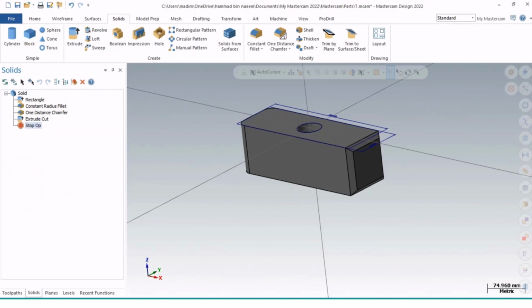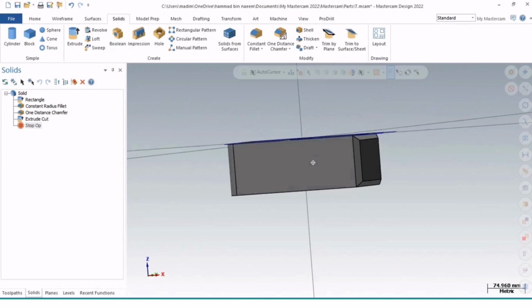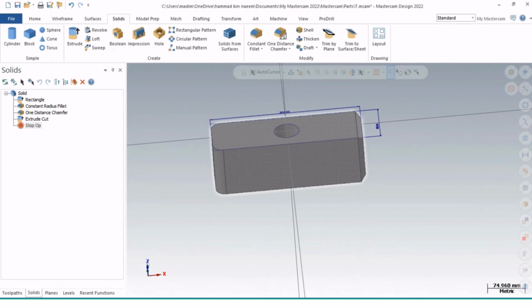And this is the solid manager area, where you can see all the solid features you have applied while creating a geometry. Okay, so I hope you understand how solid modeling works and how we can create a solid geometry